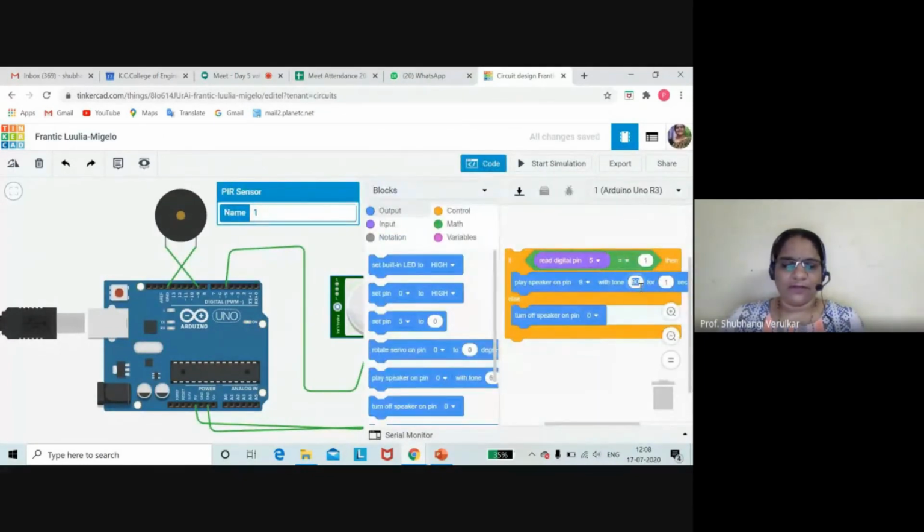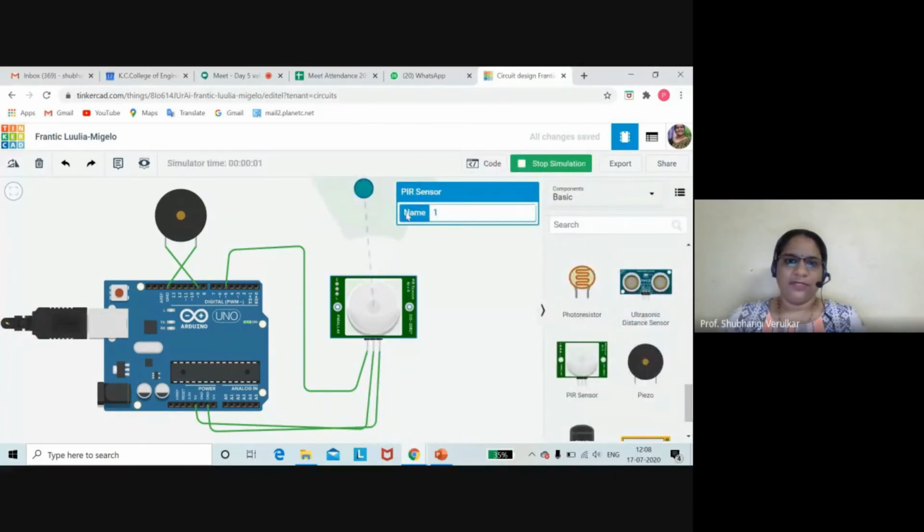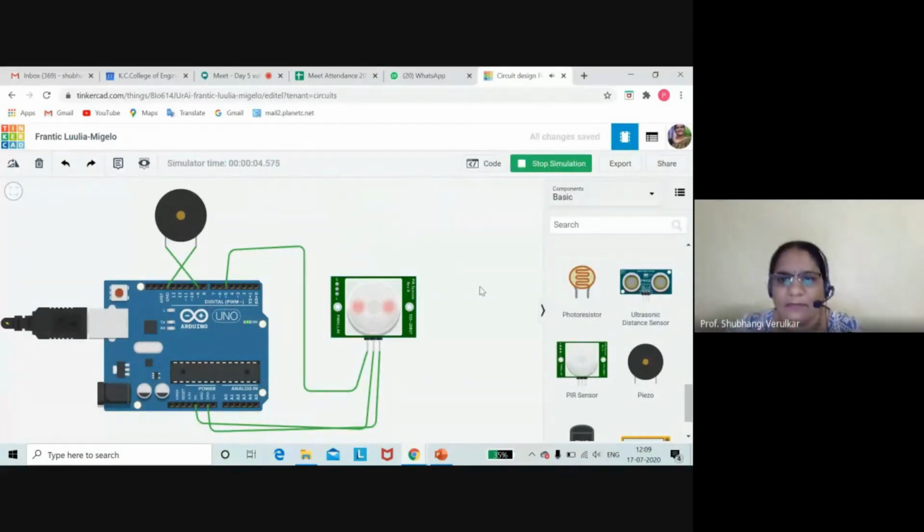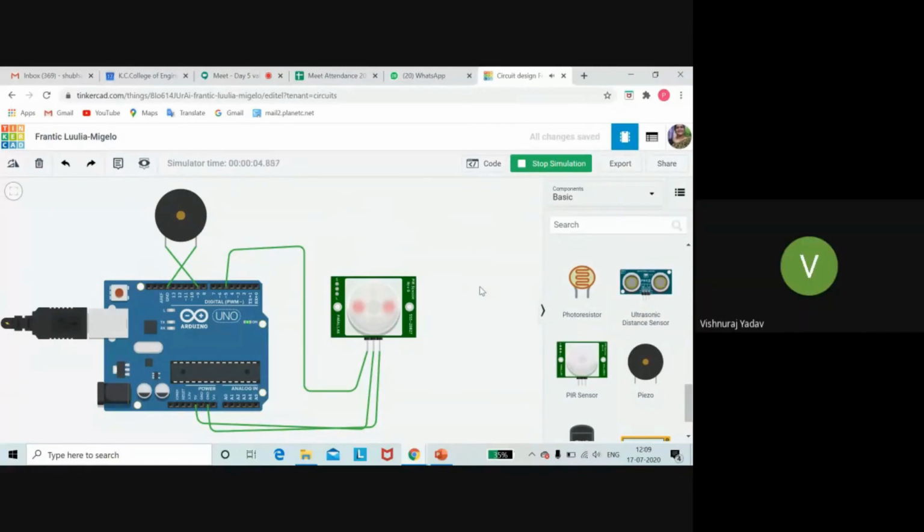You have to change frequency. Suppose you are writing a frequency 233. Now you people are unable to hear sound only. But if you click here, you will hear a different type of sound. Okay, so you people try at your place. Here you can see the symbol ringing, it means it's ringing. Okay, so if you try at your place, otherwise I will do one thing. I will record this sound and send it to you on WhatsApp.